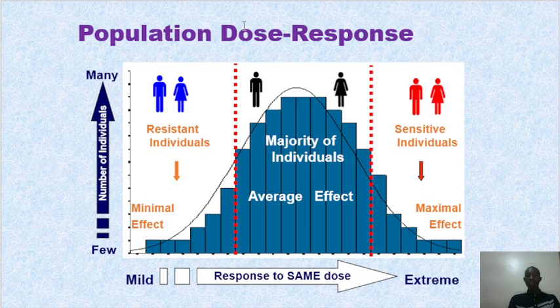Within a population, different people will react differently. Here, for example, this is our graph. This is the dosage, and the dosage is always in milligram per kg. Then this is the response. Response is always in percentage number of those individuals. For example, if this population has been exposed to a certain chemical, you see that some people will be resistant, some will be affected by those side effects. Then others, the majority, will have an average effect.